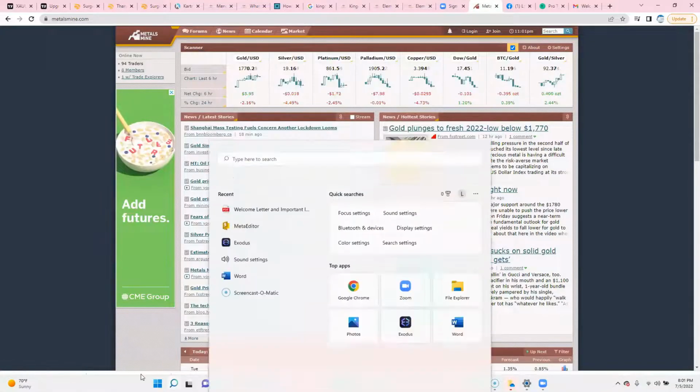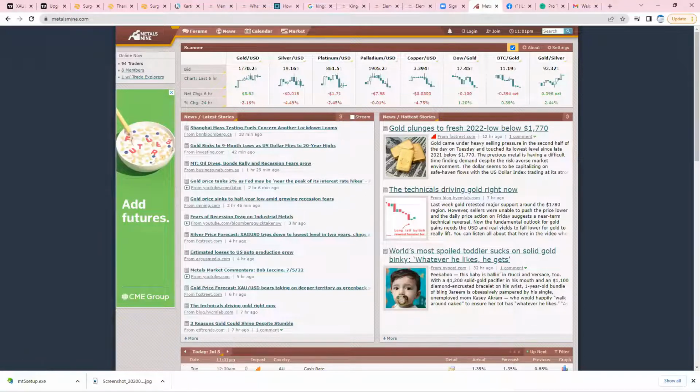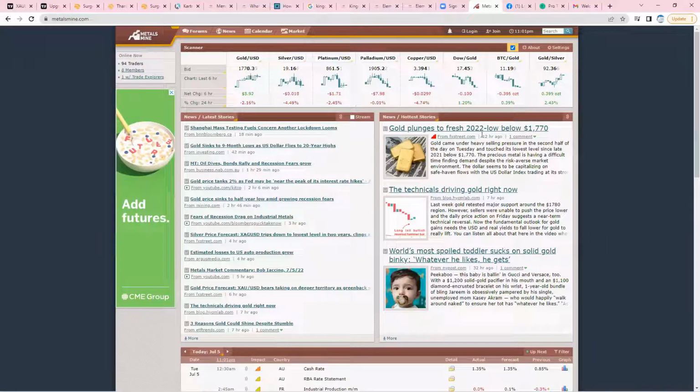So today we're going to look at how to look at the currency strength for gold. So gold, here it is. Gold plunges to fresh 2022 low, below $1,770. That's just tapping 12 hours ago. Gold came under heavy selling pressure in the second half of the day on Tuesday and touched its lowest level since late 2021, below 1,770. The precious metal is having a tough time despite the risk averse market environment. The dollar seems to be capitalizing on safe haven flows, with the US dollar index trading